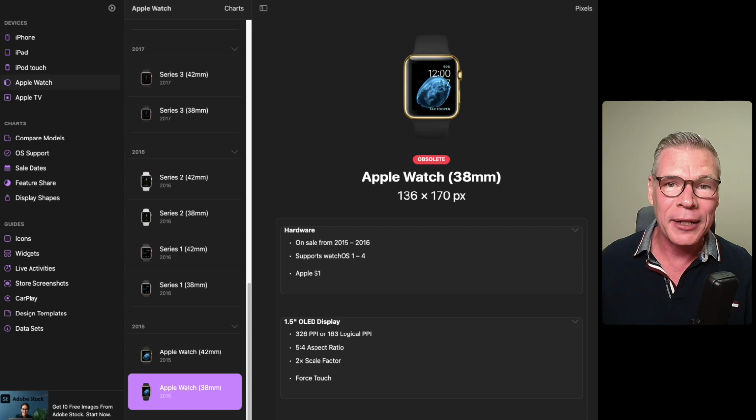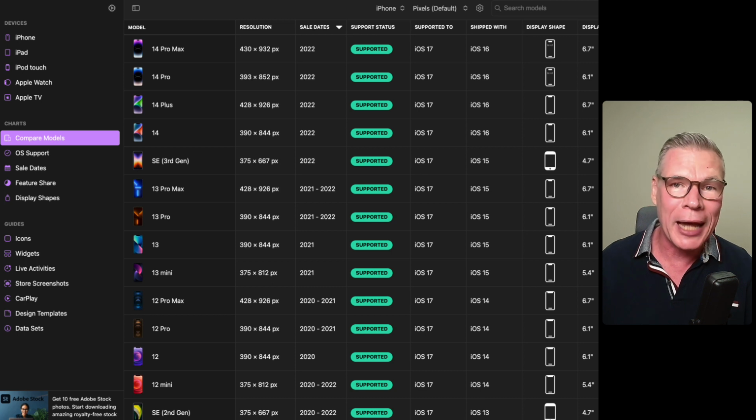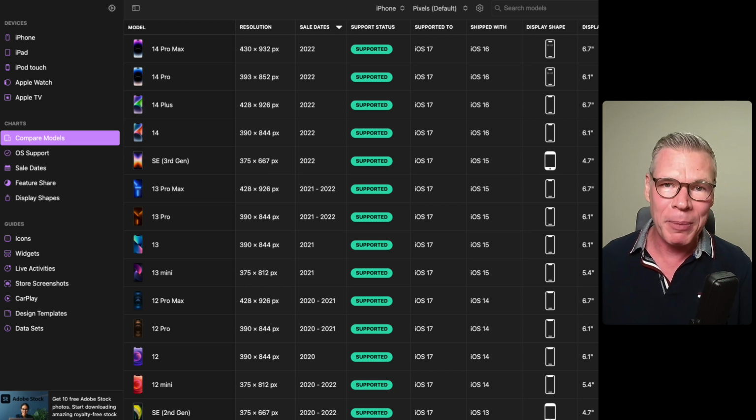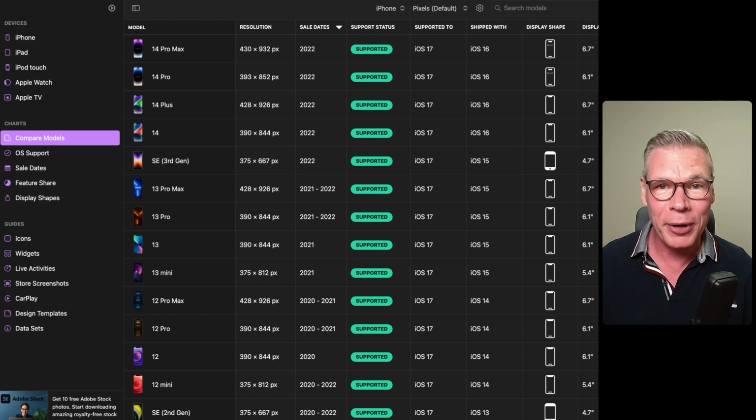And what's really cool is a comparison table that gives you a bird's eye view, allowing you to compare the different generations of products side by side so you can see how the specifications have evolved over time. This is really an impressive tool that has been painstakingly maintained. Really well done.